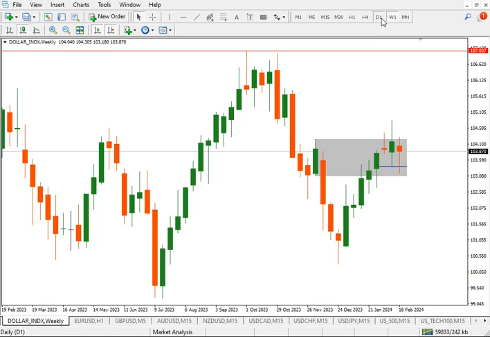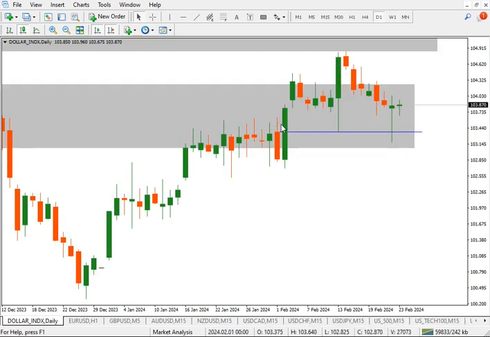If we go to the daily time frame, we see clearly this is a bullish order block. Prior to this up move, it came back and then retested the bullish order block. Now this was Monday, Tuesday, Wednesday, Thursday, Friday. So we were here when we did the analysis, which was Friday. Yes, this was Friday. So I said that we would see a movement down to retest this bullish order block